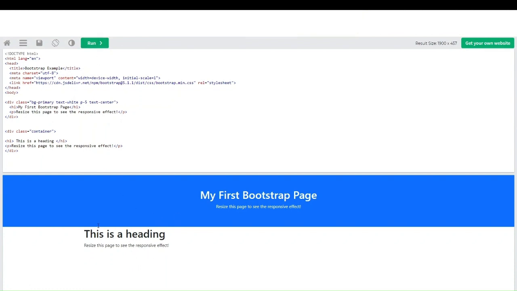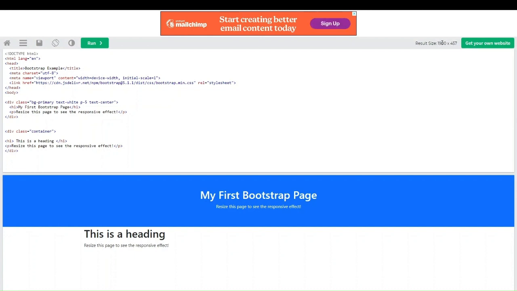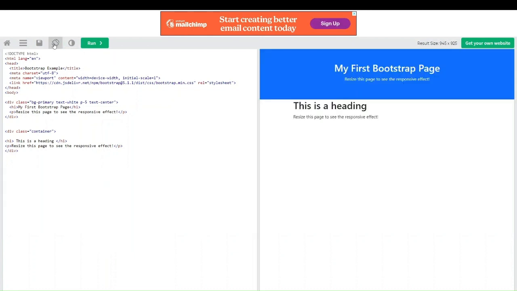And you can see that the container class gets added, and then what you can do is resize and also auto rotate the screen